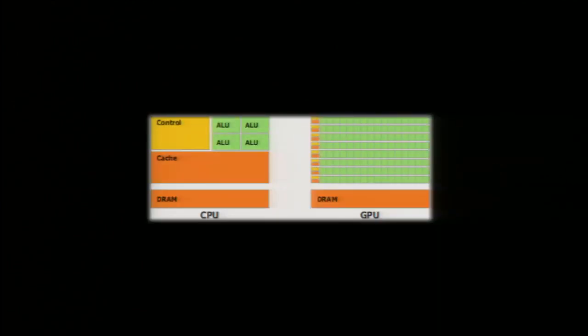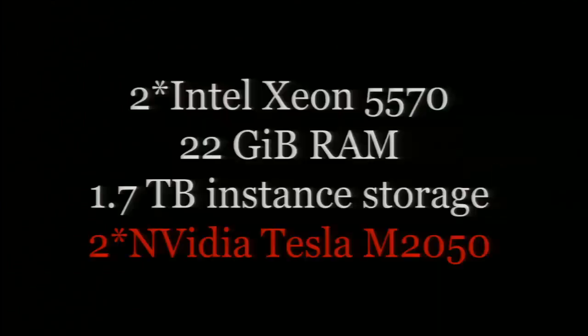The second instance, sort of in the cluster family, is the cluster GPU instance. You heard a little bit about it this morning. It takes advantage of GPU pipelining for general purpose computing. It's an older processor. It's Nehalem-based, Xeon 5570s. But the thing that you get with it is 2 NVIDIA Tesla M2050 GPUs. This is the previous generation of Tesla, but you get a ton of compute power on a single instance using the CUDA programming language, which is a programming library that NVIDIA released. But we also support OpenCL, OpenACC, et cetera.